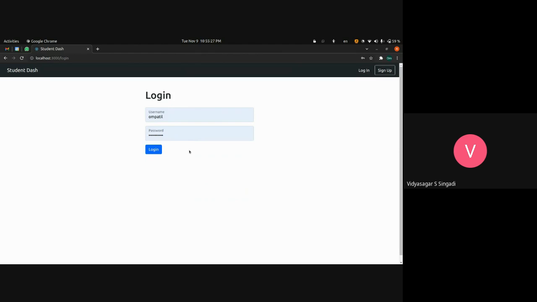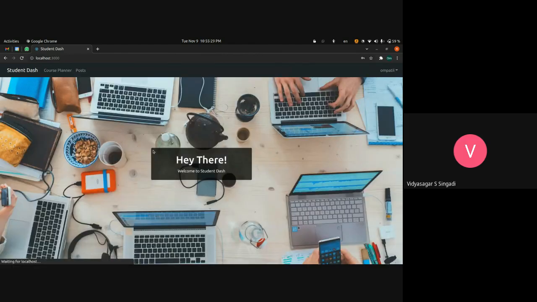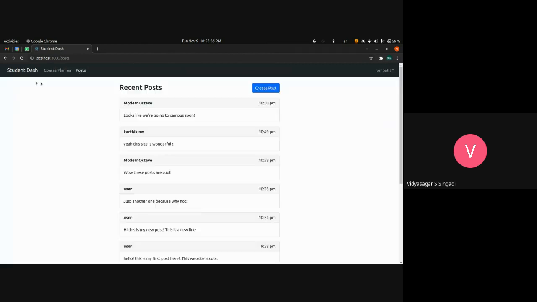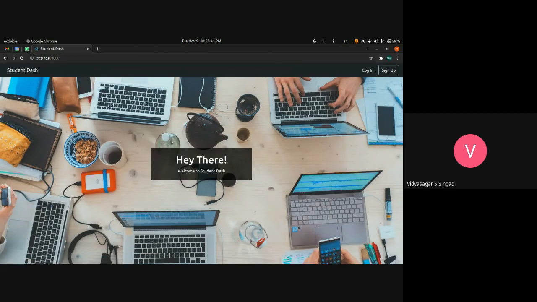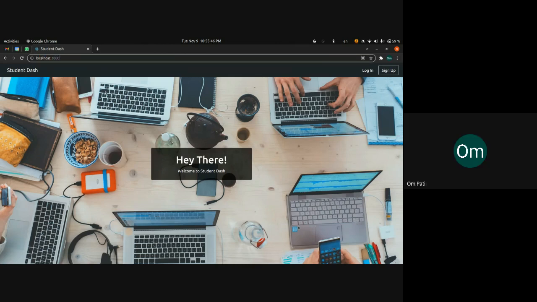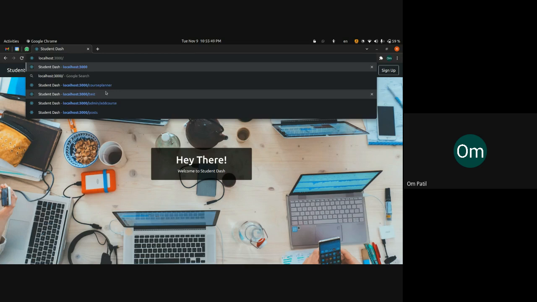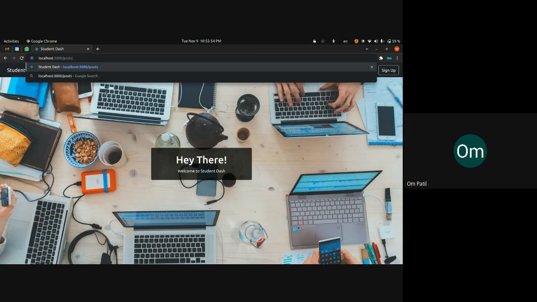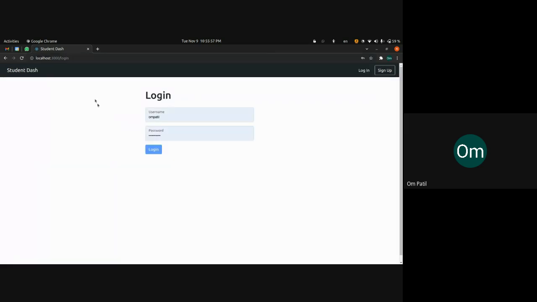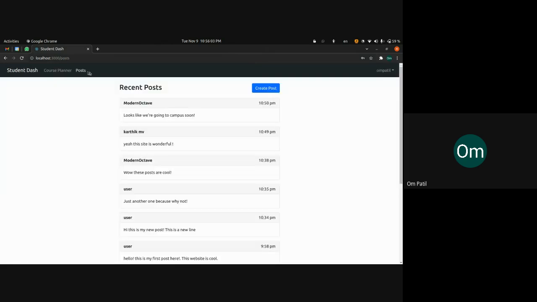And we can also see that in the URL. Yeah, we will see the additional features. Before that, we'd also like to show that if you try to go to some user protected page, for example, posts that we went to previously, you'll see that it redirects back to login, where once you log in, you will continue, but you cannot access the page without logging in.